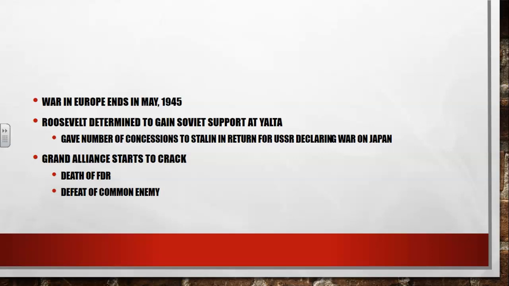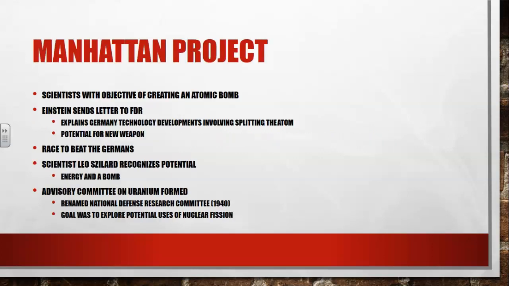We're going to have FDR die of a stroke kind of suddenly, and then the common enemy of the Nazis is going to be defeated. The one thing that really brought the USSR, the United States, and the United Kingdom together was their common hatred of Nazi Germany. Because the Nazis are defeated, there's really no good reason for the United States and the Soviet Union to stick around and be friends anymore, because their common enemy is gone, and FDR, the leader that Stalin has worked with throughout the war, is no longer going to be around.